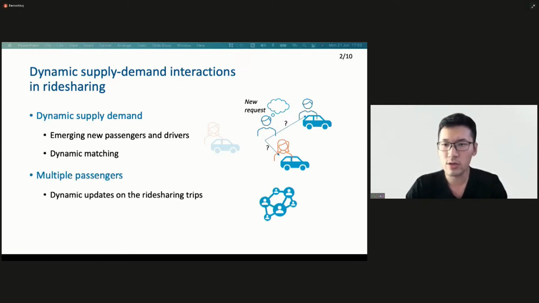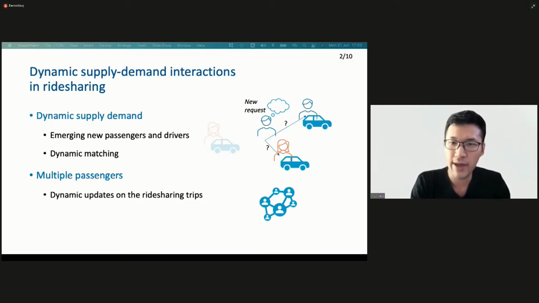What's more, a driver who has already matched with passengers from the previous matching rounds, for example, the driver already has someone to pick up, or even has onboard passengers, can still be matched again with new passengers. This is related to the multi-passenger setting of ride-sharing, in which we like to utilize the empty car seats to improve overall system efficiency. But this brings additional complexity to the problem,